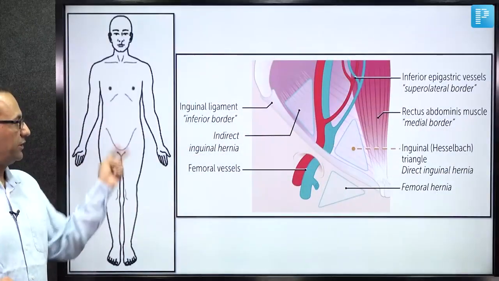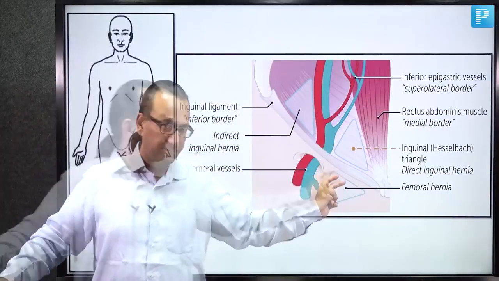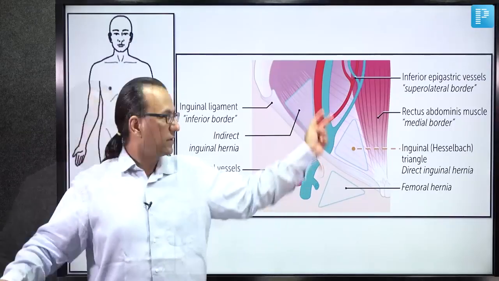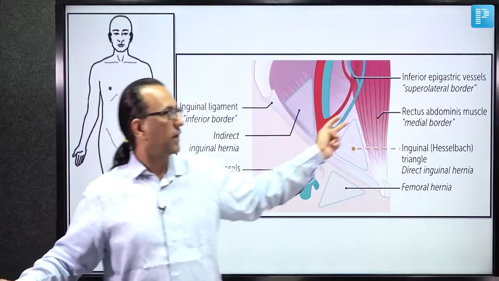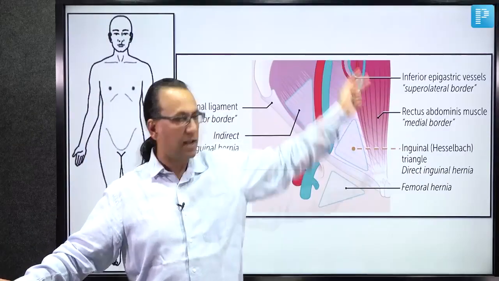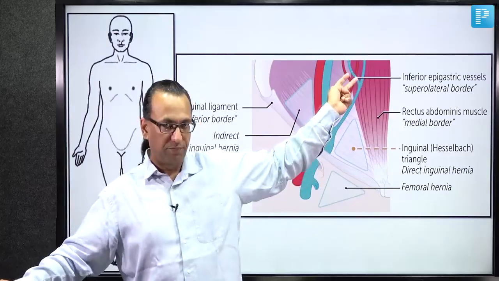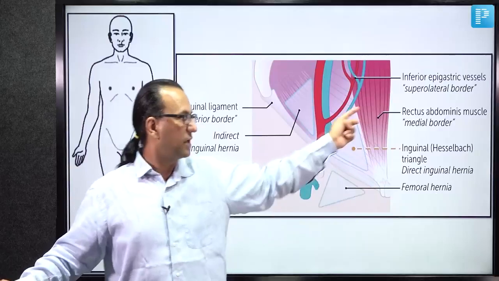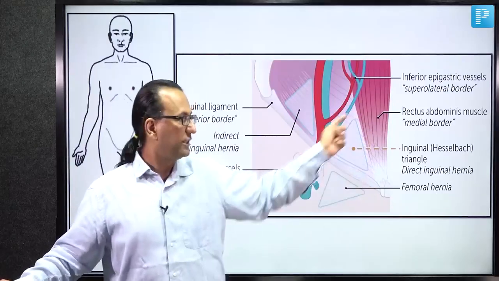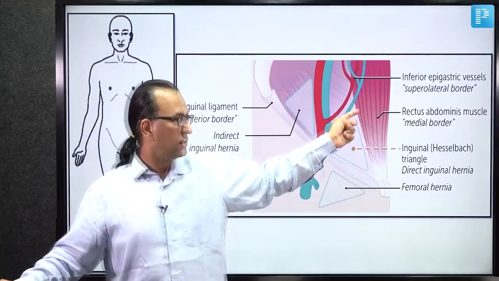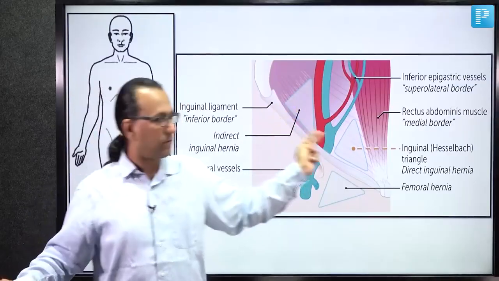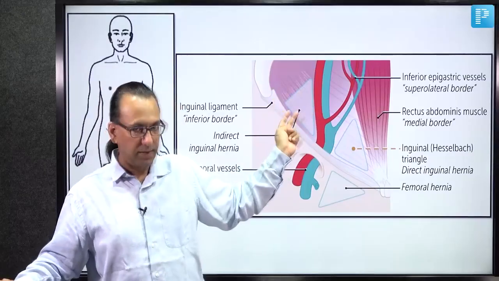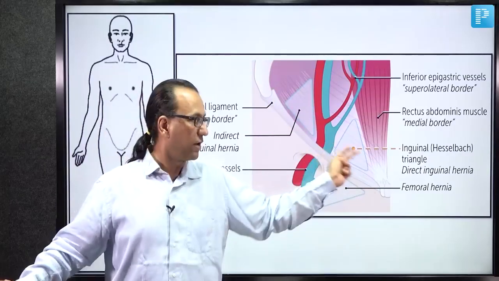At the right-sided inguinal region and the femoral region, as we can see, these are the external iliac vessels passing under the inguinal ligament to become femoral vessels. The external iliac vessels give off the inferior epigastric vessels, which will enter the rectus sheath, covering the rectus abdominis muscle in the midline. And these vessels become the boundary line to differentiate between the direct inguinal hernia and indirect inguinal hernia. The direct inguinal hernia, which is passing through Hesselbach's triangle, is more commonly seen in elderly individuals, whereas the indirect inguinal hernia, which lies lateral to the inferior epigastric vessels, will be seen mostly in young people. Here the hernia will be passing the deep inguinal ring, inguinal canal, and come out of the superficial inguinal ring to enter